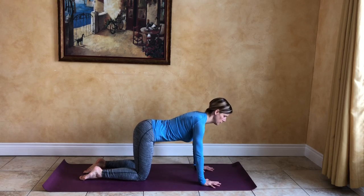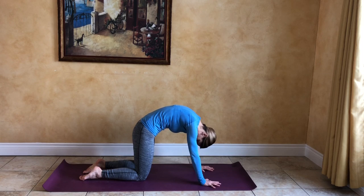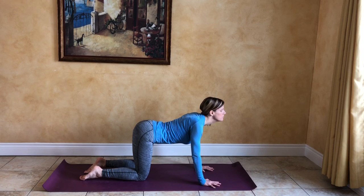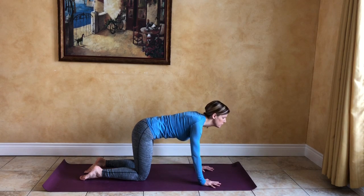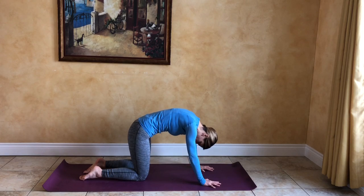Here we go. We're going to start with a nice core practice. So on the exhale, we're arching the spine up towards the ceiling, and on the inhale, we're lifting the hips, dropping the belly, and opening the chest. So exhaling to arch the back up,